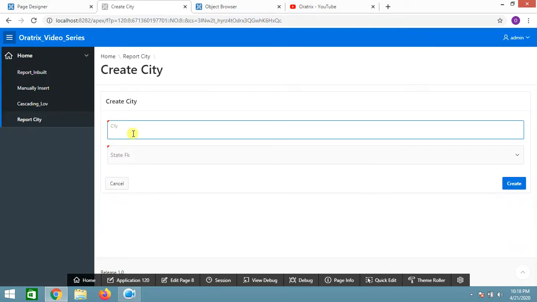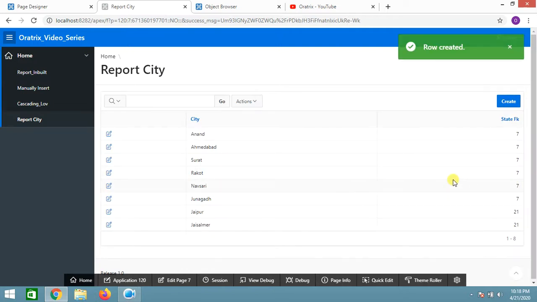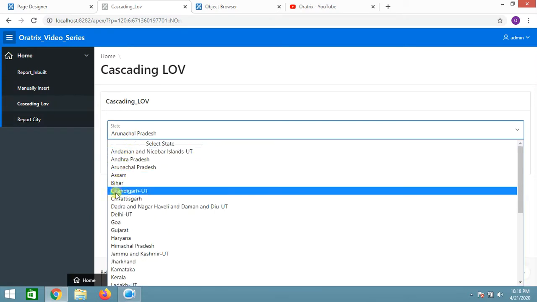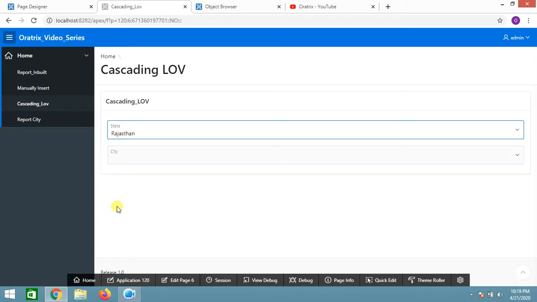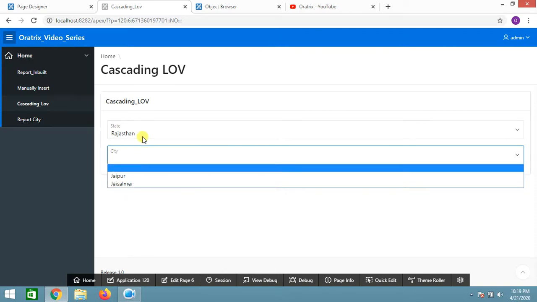Again, let me create Jaisalmer. Again, it's Rajasthan. Create. So we have created two different cities under a different state. Now let's get back to this and select Rajasthan from this list, and the corresponding cities are displayed, right?